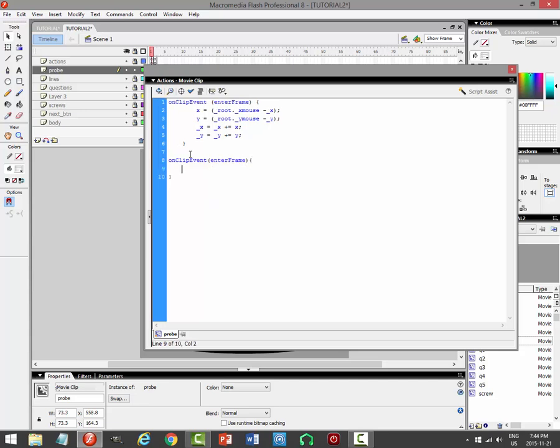Okay, let me think this through. If root dot probe, where's my probe zone dot hit test root dot q1. I'll tell you what this means. If within the probe zone hits question 1, and these are all on the root level, all right,